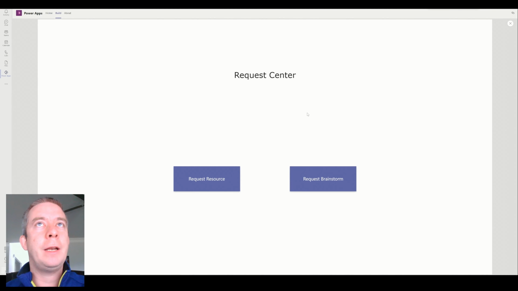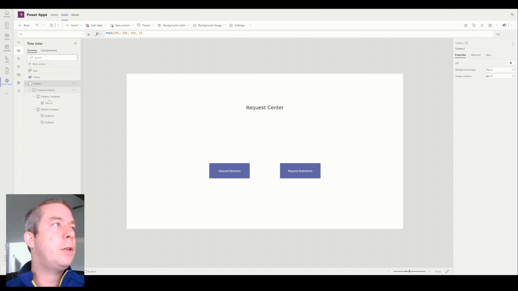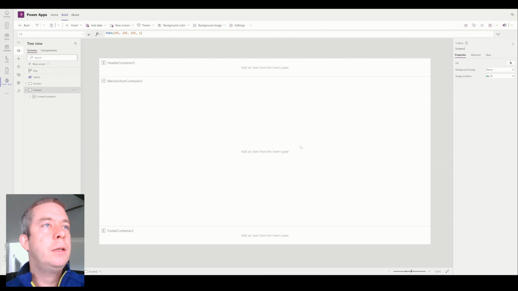Yeah, it looks good right now. Request a resource or request a brainstorm. All right, so that's all we have right now. We're going to create a new screen. I guess we'll start with the header, main section, footer. So this time we started with their